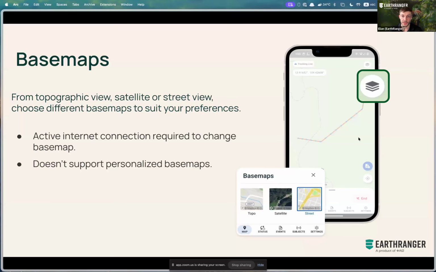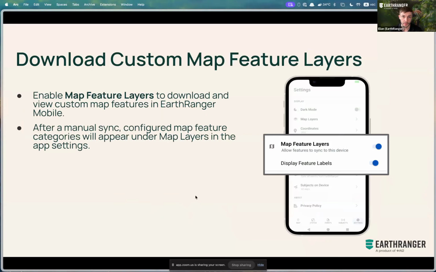So this just demonstrates switching between the different available base maps. You do need an internet connection in order to change. We currently don't support personalized base maps, but that should be changed soon. It's also possible to download custom feature layers onto your map view